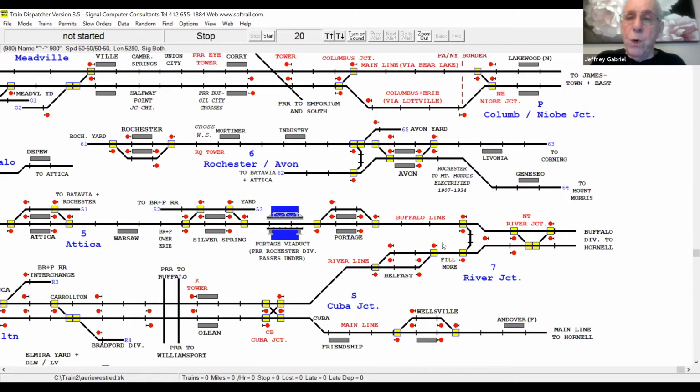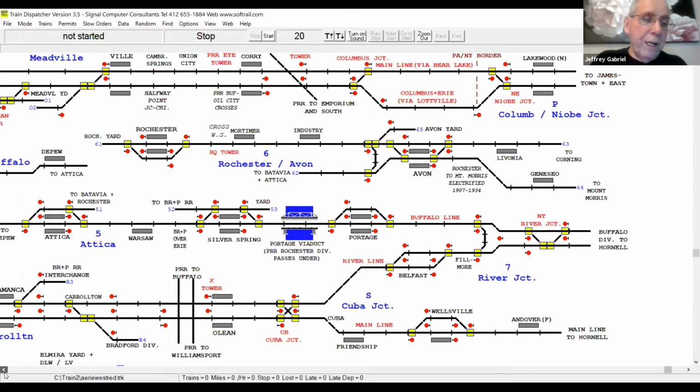And we go on up to the Buffalo line as a single track, but there's a Y connection so that the Buffalo to Salamanca trains can proceed in a forward direction here when they run that way. Then if you go down here, the single track main line with passing sidings comes in, and they come together again at CB, Cuba Junction.